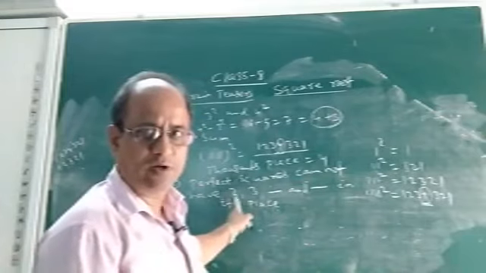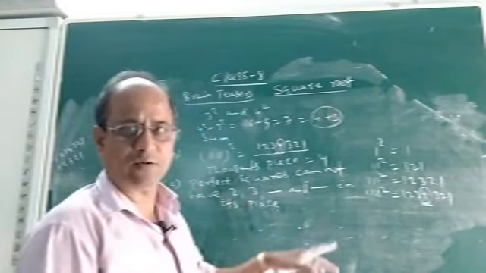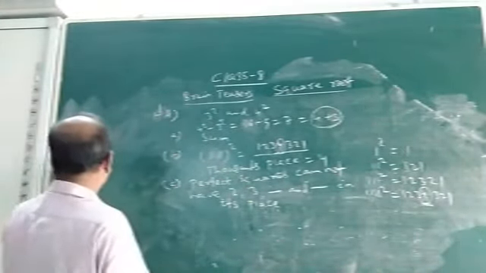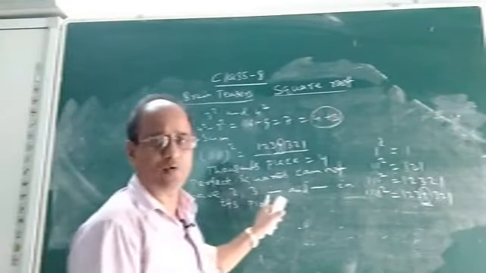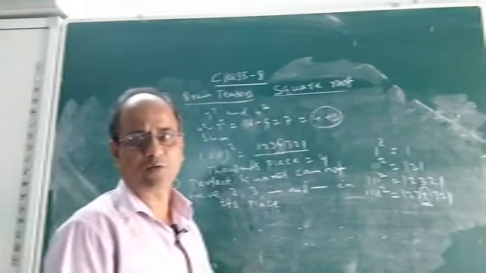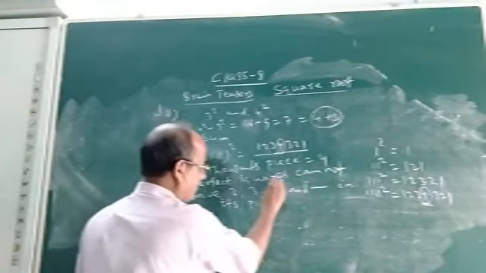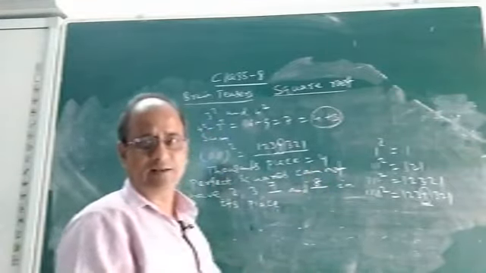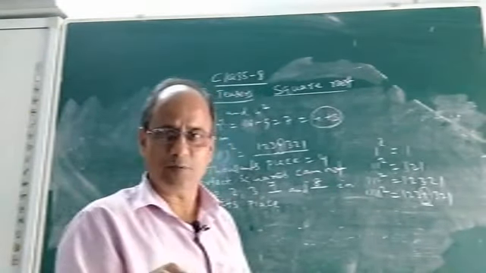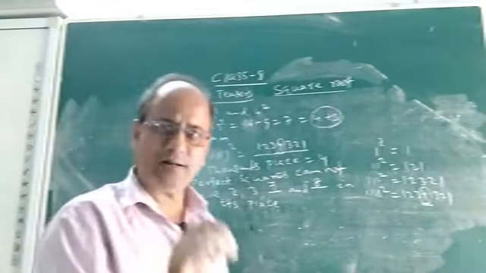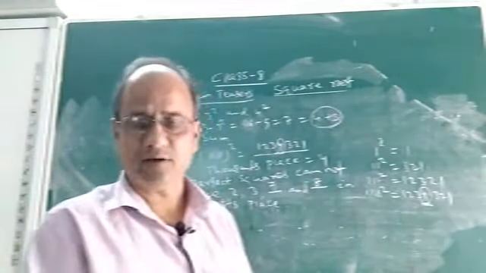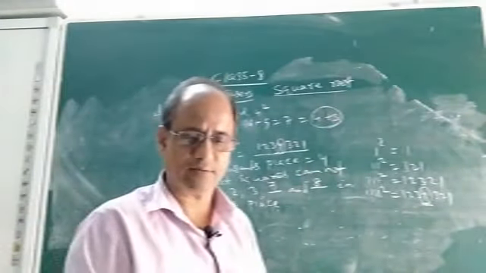It cannot have 2, we know. It cannot have 3, we know. Because if 2 or 3 is at the ones place, that number will never be a perfect square. Then other than 2 and 3, what other digits at the ones place mean it will not be a perfect square? They are 7 and 8. Do you think that if the ones place of a number is 7 or 8, it will be a perfect square? Never. If the ones place of any number contains 2, 3, 7 or 8, it will never be a perfect square. Already it was discussed in the class.